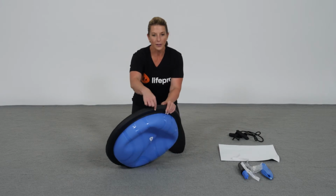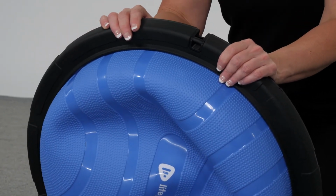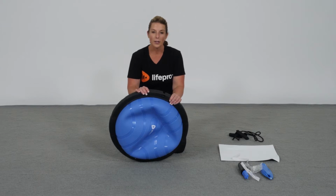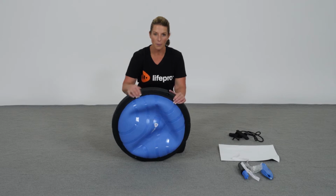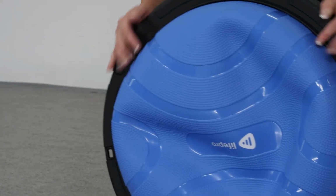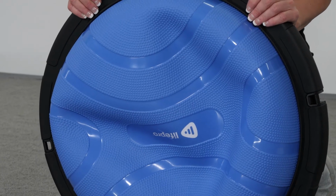On the edges, you'll find the little clip area where you can use resistance bands of your own at home, or you can thread through some of the resistance bands that you might have found in some of your other products from Lifepro. The dynamic surface equals balance benefits and forces your body to work harder to perform simple balance